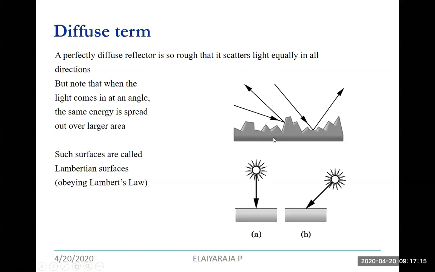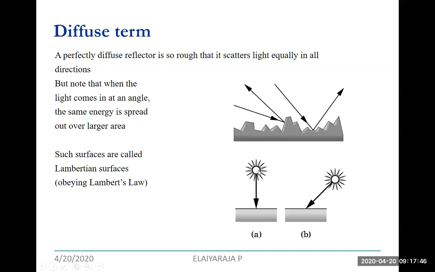Note that when light comes at an angle, the same energy is spread all over the area. Such surfaces are called Lambertian surfaces. Probably you have studied Lambert's law in physics. What it says is, when the light rays hit the surface, it equally absorbs an equal fraction all over the